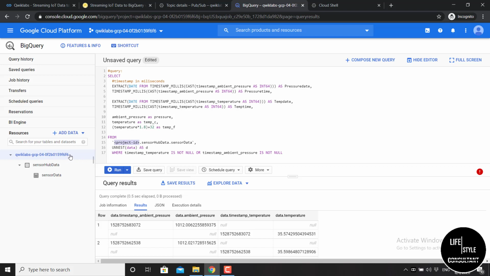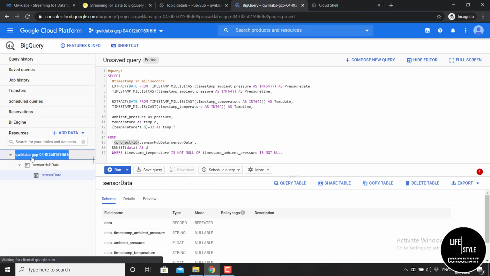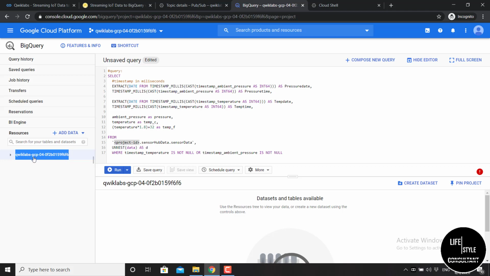At first copy your project ID using Ctrl+C, and replace this project ID with your project ID.